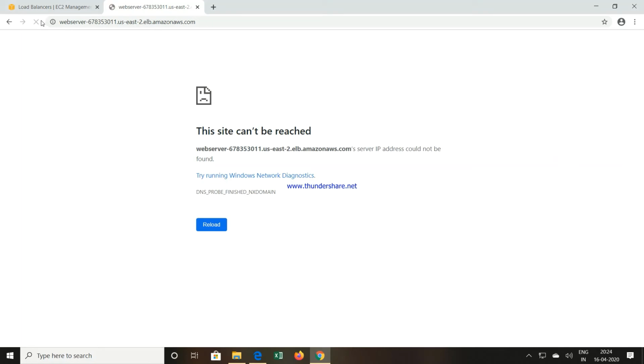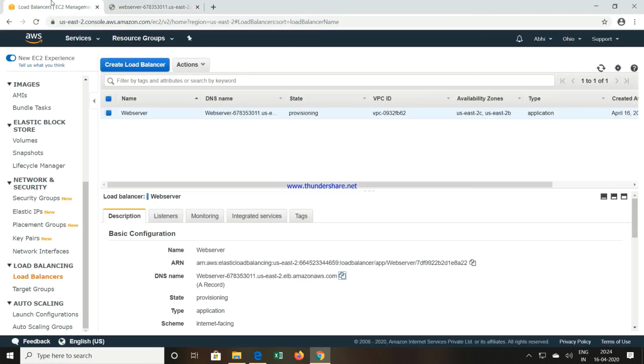We will check again by clicking on this refresh button. So it is still going on. You can see the provisioning. So remember that once the load balancer is created, you have to copy this particular DNS name from here and then use this for testing purposes.